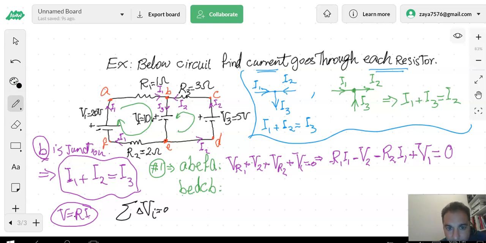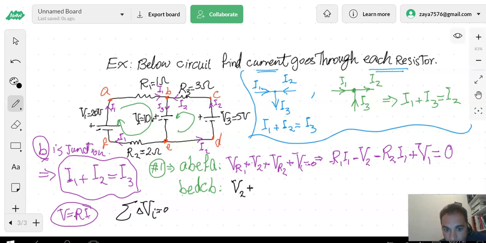Second circuit is this. I choose BE. It doesn't matter, you can go B, C, D, E, B here, nothing changed. So let's go B, E, D, C, B. Okay, let's go. BE. I3 belongs on this branch. In branch BE, what do I see? Battery. Okay, so I'm going to have voltage of battery plus